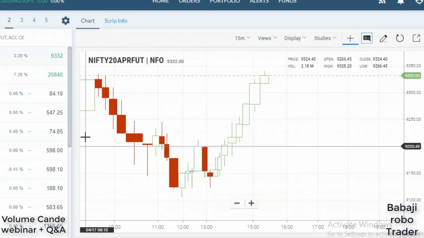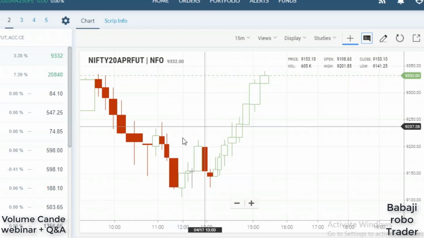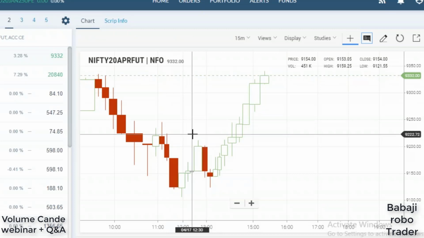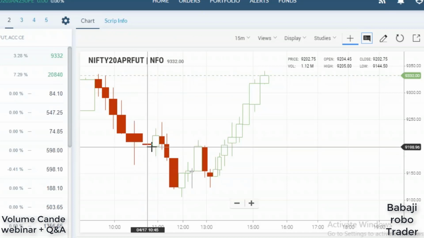See, after 12 p.m. it was clueless. That's why I'm saying to watch the volume also. If you are seeing only the candlestick, you won't get any clue. So that's why we are mixing the pin bar reversal and the volume to make it clear. First, you have to understand the pin bar, then you can understand the whole concept.